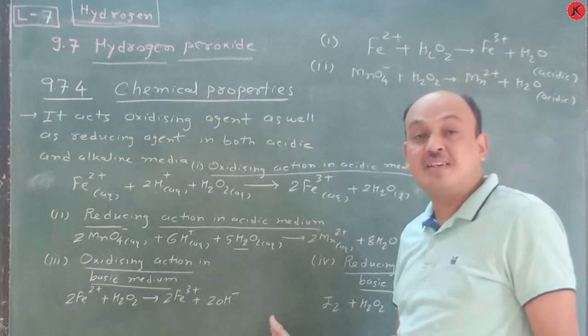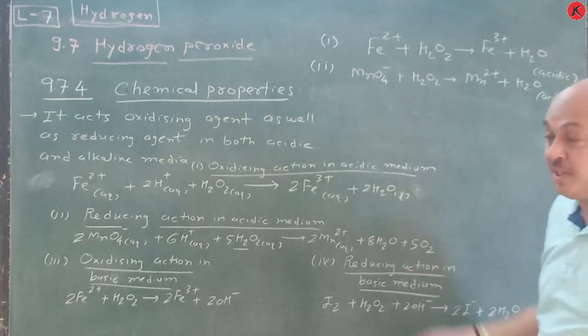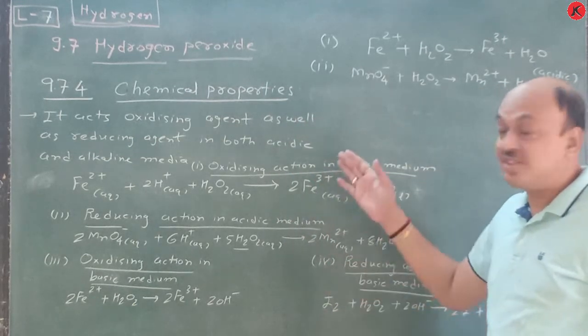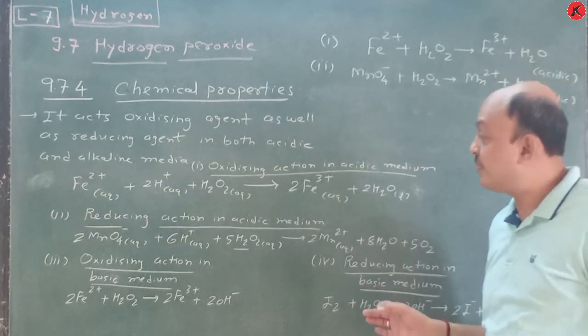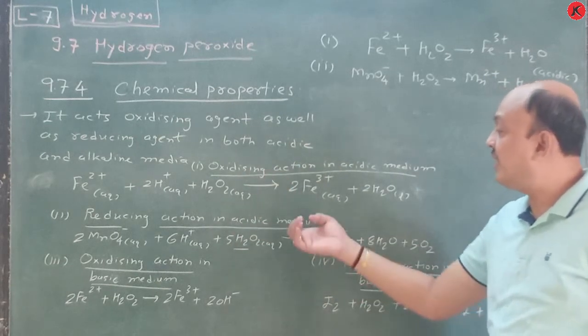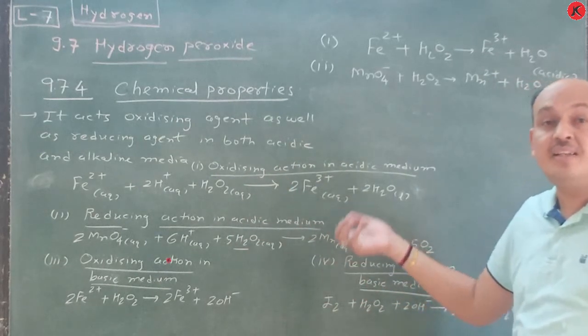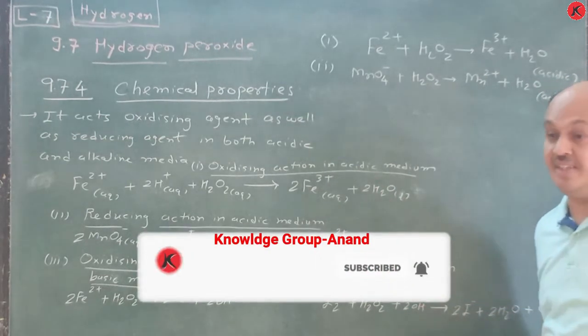You have to remember by certain clues, and from that write down certain chemical properties of hydrogen peroxide. So this lecture number 7 is now finished, complete according to your NCERT textbook. Remember only this reaction. Another reaction, if you want to remember, then write it from your NCERT textbook. I gave only one reaction here.